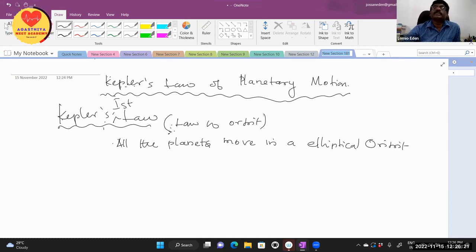All the planets move in an elliptical orbit with the sun